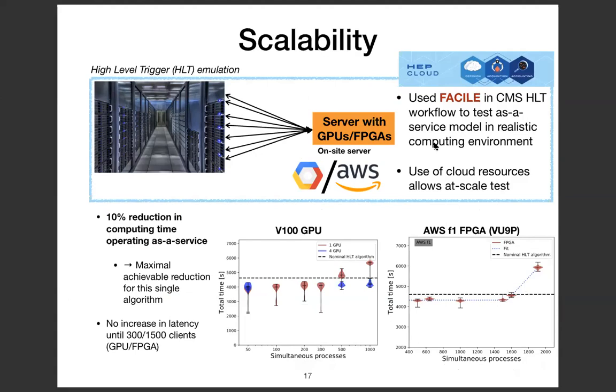So in an attempt to actually look at how as-a-service performs when you run a realistic workflow, we implemented the high-level trigger for CMS in this setup, and we took the algorithm that normally runs the hadronic calorimeter energy reconstruction, and we replaced it with our FACILE network. And then we accelerated that. We did this in the cloud fully, so all the clients and all the servers were in the cloud. We did this with both GPUs and FPGAs. The basic result we found was that we were able to achieve a 10% reduction in the computing time when we operated the reconstruction as a service. And this is the maximum achievable reduction that we could ever achieve for this algorithm,